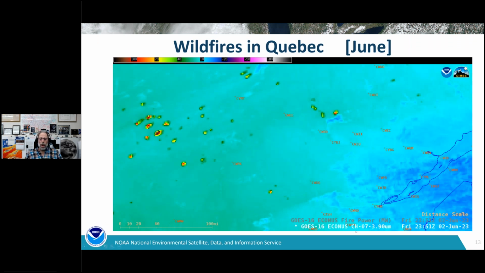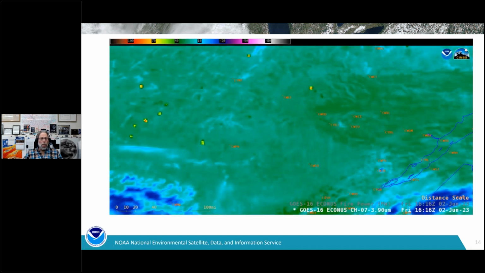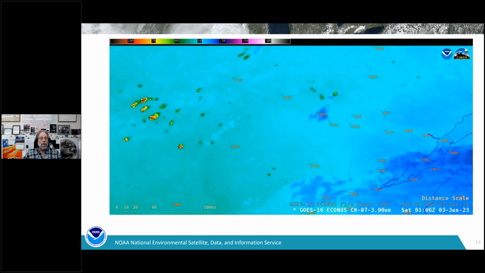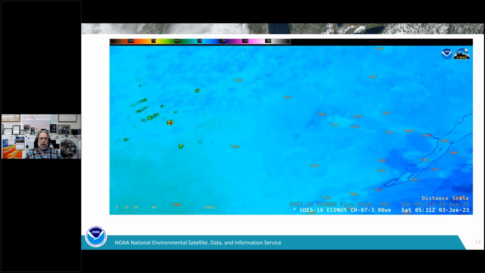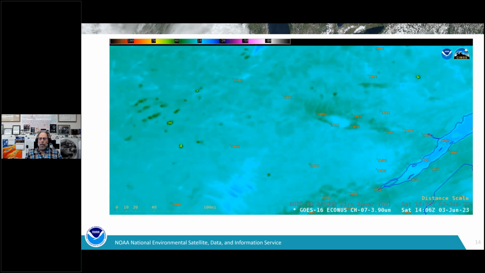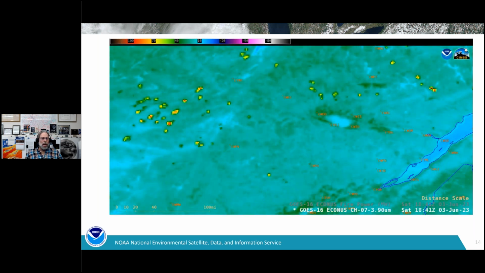This is showing fire power image, and then we can put in motion. Sorry, this is showing the 4 micron band 7 from the ABI. You can see they kind of die down a little bit at night here. Now back during the day,